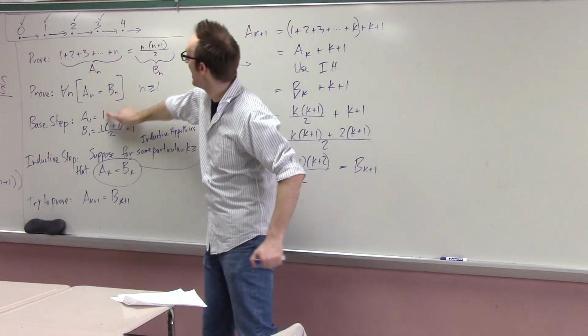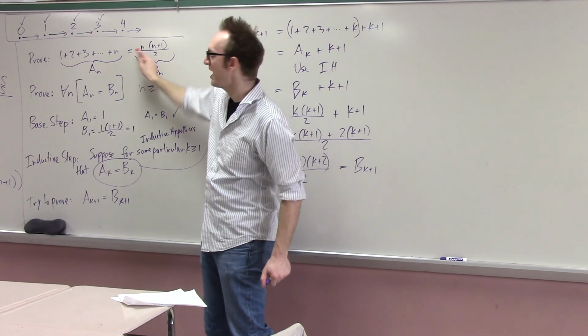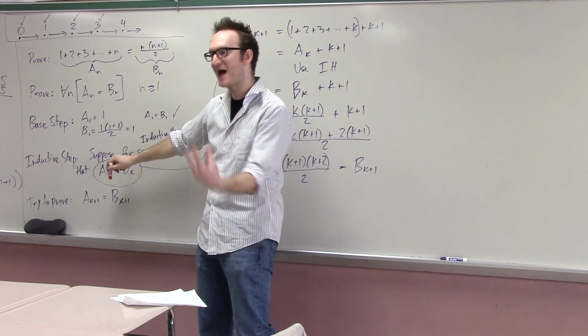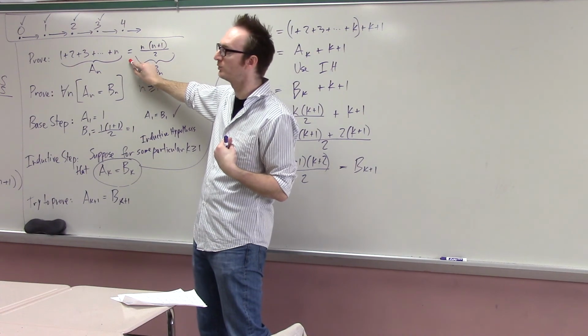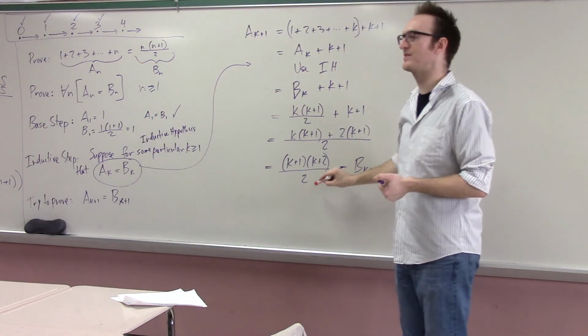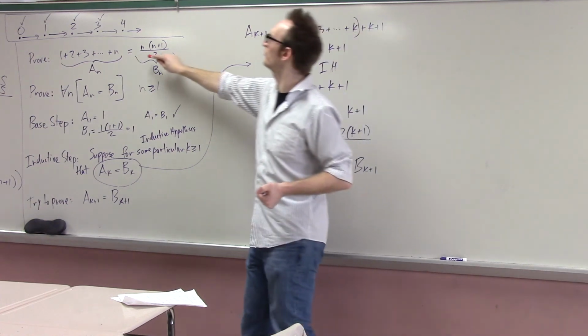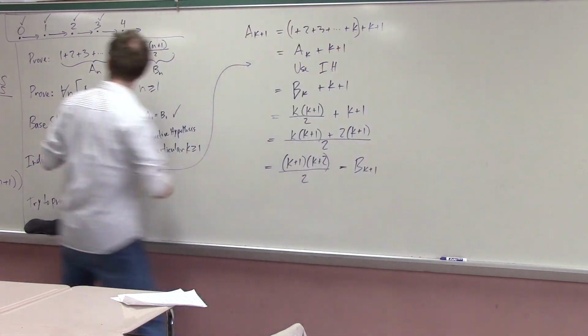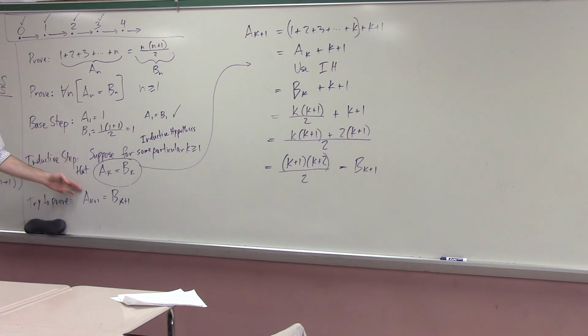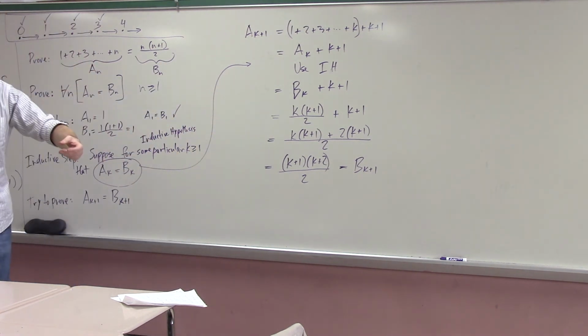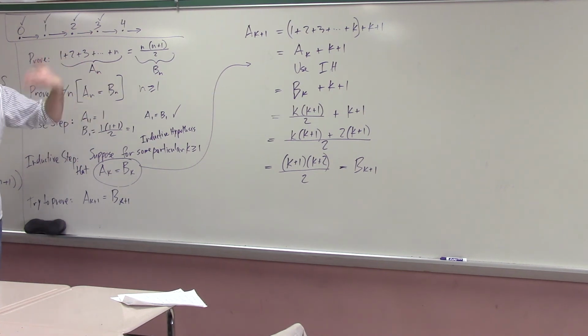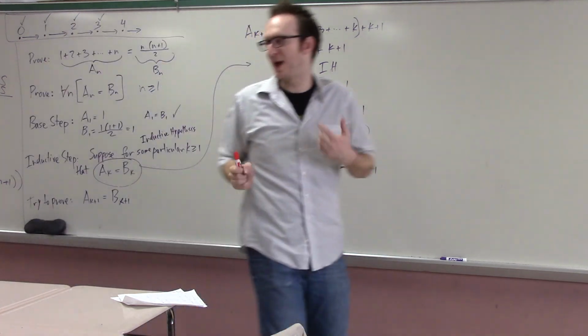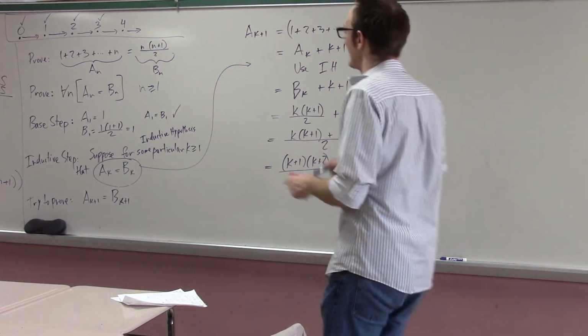What I showed is that 1 has that property of making this equation true, and whenever a number has that property, it is inherited by the next number. Since it's true for 1, and whenever it's true for a number it's true for the next, it must be true for 2, and then for 3, etc. Common sense says it must be true for all numbers, and that is what the principle of mathematical induction enables me to conclude.